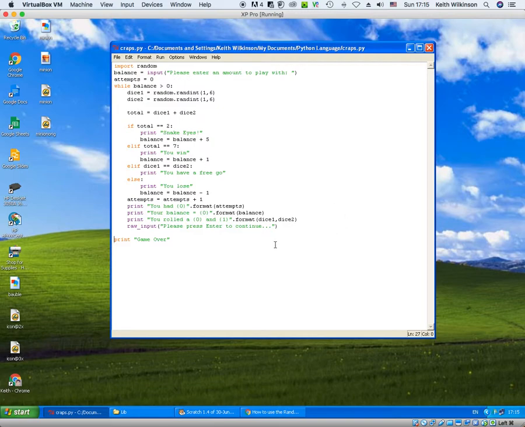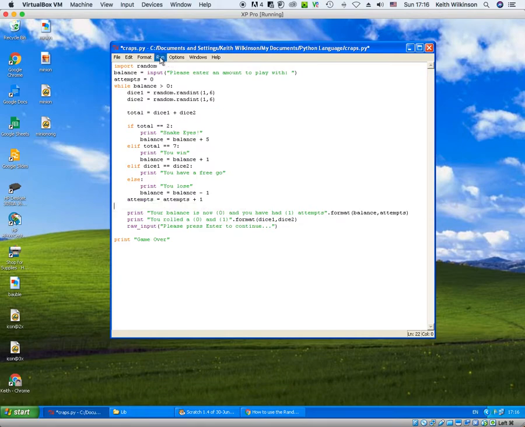So let's tidy up this message. Your balance is now, that's better, and you have had 1 attempts. Now that 1 doesn't mean I've had 1 attempt, it means that I'm going to go to the next value in my list. So balance is 0, then comma, then attempts is 1, so I can get rid of that line